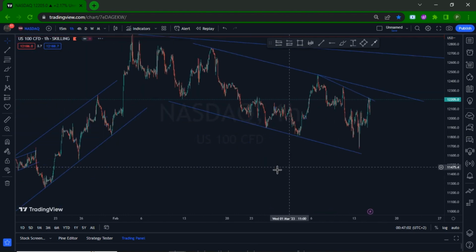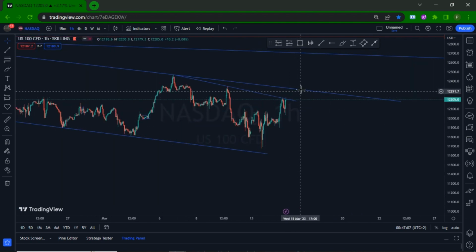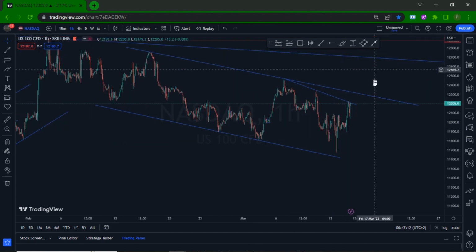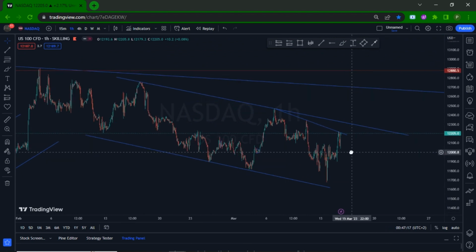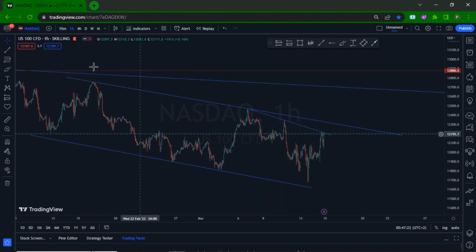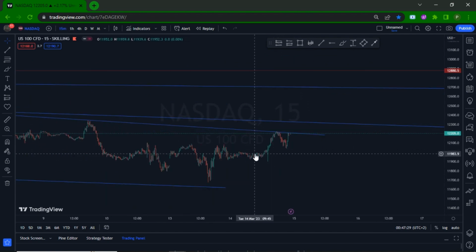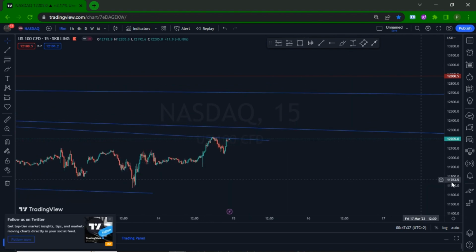But overall, what I'm looking forward to see this week is price playing around here and then reversing to the downside. It may break this and come touch here, or break this and go touch the right. But overall, I'm looking for pattern formation that gives me price reversals to the downside, judging from the overall picture in the higher time frame, right? So at this moment, I'm looking at this and I'm like, could this be the place where it reverses?